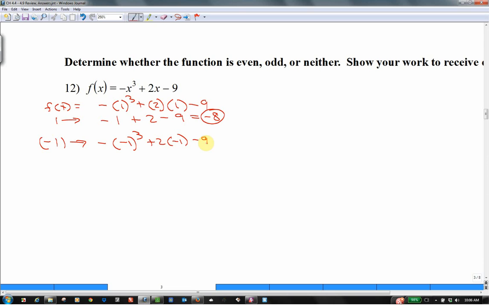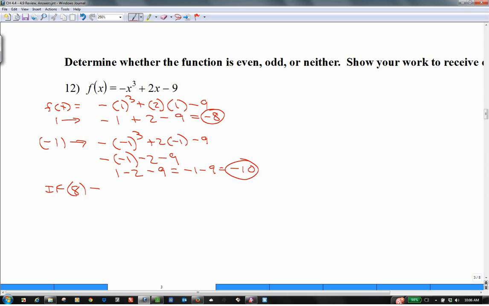So I'm going to get a negative 1 cubed is a negative 1, minus 2 minus 9. A negative of a negative 1, that's 1, minus 2 minus 9. 1 minus 2 is a negative 1, minus 9, that's a negative 10. Now, notice what I originally had was a negative 8. If I would have gotten out an 8,